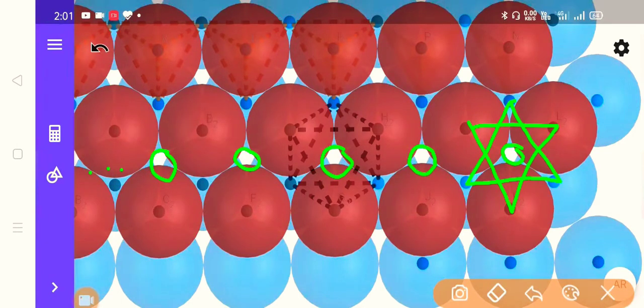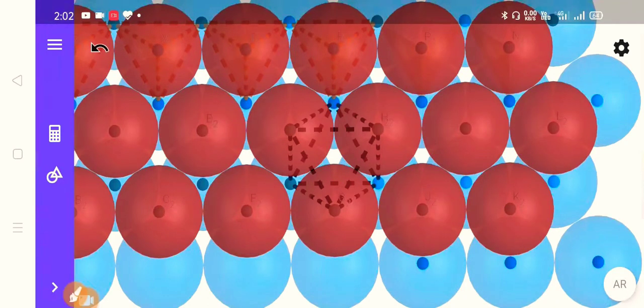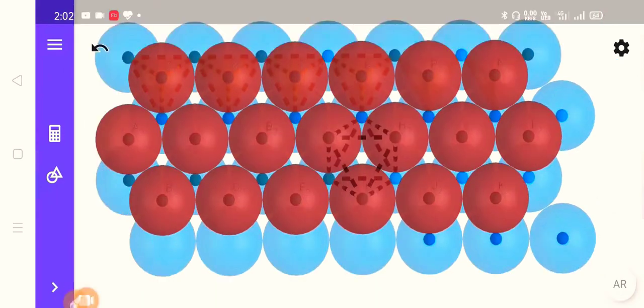It will be repeated. Now, if we move slightly upwards, you will notice the same type of situation is repeated here. 3 spheres from the bottom and 3 spheres from the upper layer will create an octahedral void. The same thing will be repeated here. You will get one more octahedral void here, and one more here, and so on. So you will get multiple series of tetrahedral and octahedral voids in this case, but their numbers will be different. Now let us represent tetrahedral and octahedral voids here quickly.